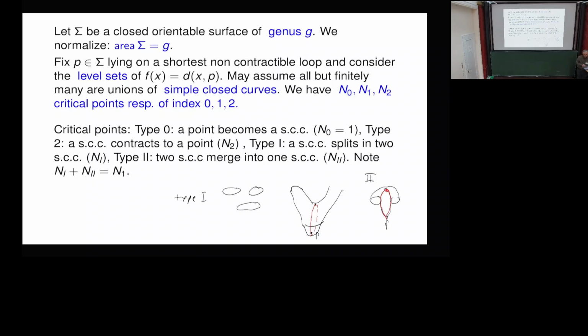So you assume that the two loops were already non-trivial in type 2? Actually, they have to be in this type 2 because they come together. You see, I start with P. So why is this loop non-trivial? Because I have these loops that intersect only once, so this cannot bound. Both intersect only once. So it's because I have a distance function that these loops are non-trivial. So what you ask actually,